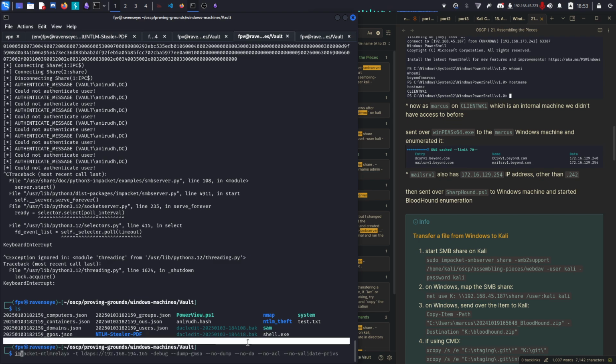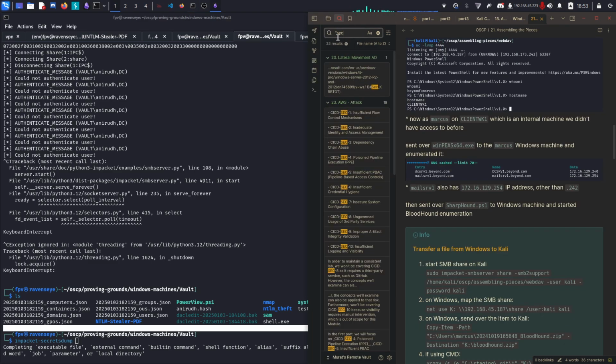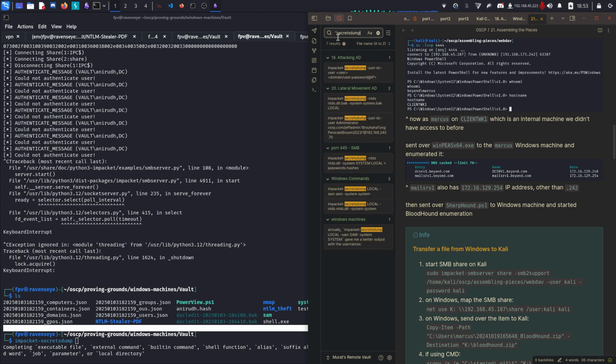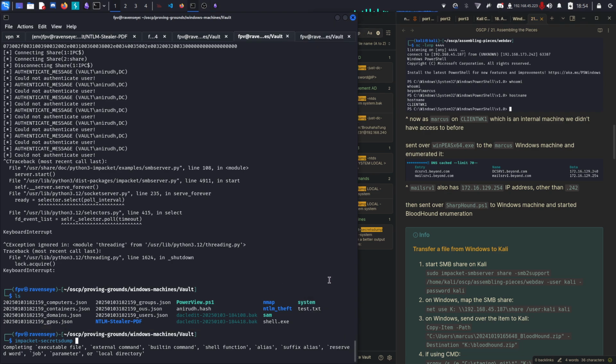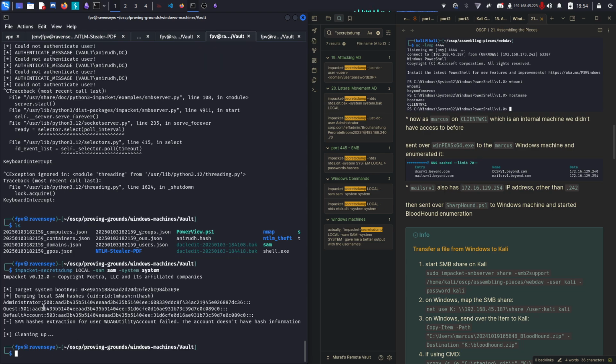Okay, so in impacket secretsdump. Let's get a usage here. Okay, so it's gonna be -sam, -system, LOCAL. Okay, so we have the administrator hash. This is the NT part, this is the LM part. So let's grab the NT part